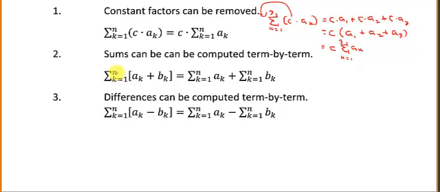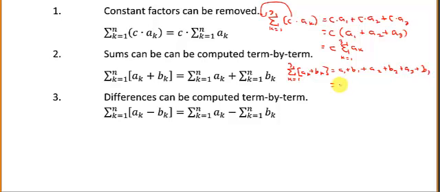All right, if we have a summation of two terms, we can take the sum separately. We'll do the same thing. I won't quite write it quite as long here because this one, well, I guess I can. Let's take a look at why this is true. The sum as k goes from 1 to 3 of a sub k plus b sub k is a sub 1 plus b sub 1 plus a sub 2 plus b sub 2 plus a sub 3 plus b sub 3. All right, and that, because addition is